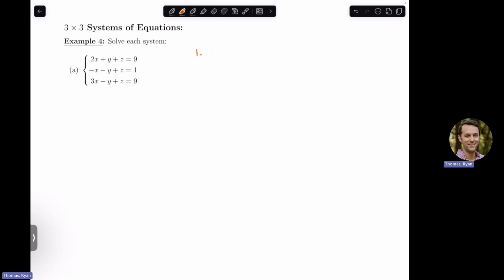One, use substitution and elimination. I'll probably do more elimination here, just because it kind of helps keep things organized, I think, or for me anyway. Two, and I don't know about the ordering here, I'm just making this part up,